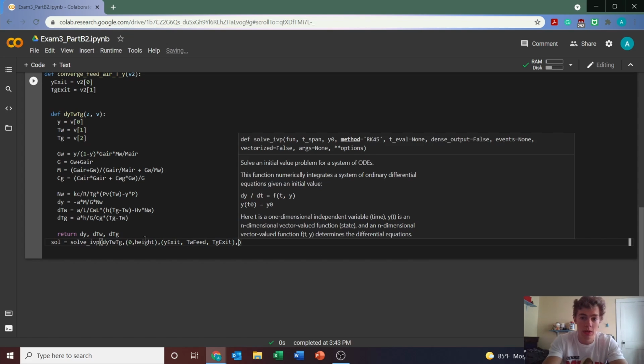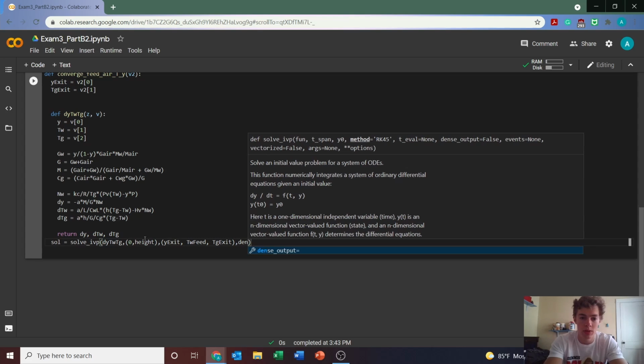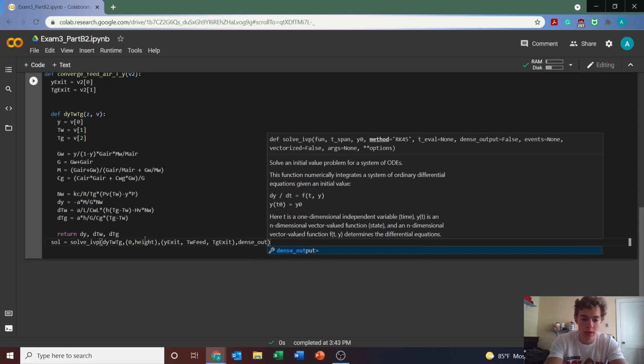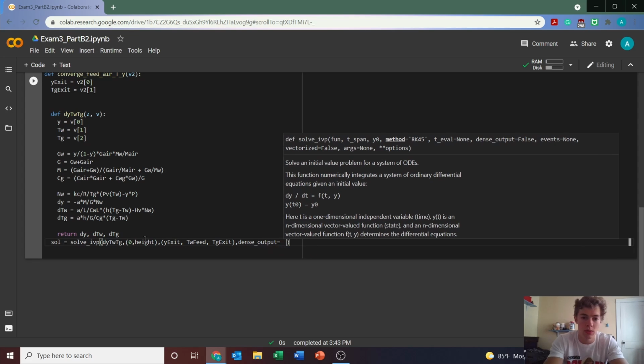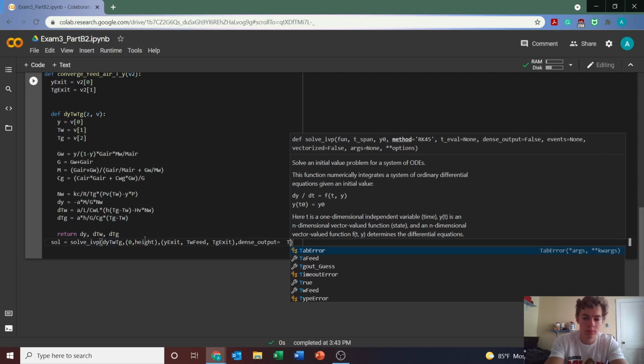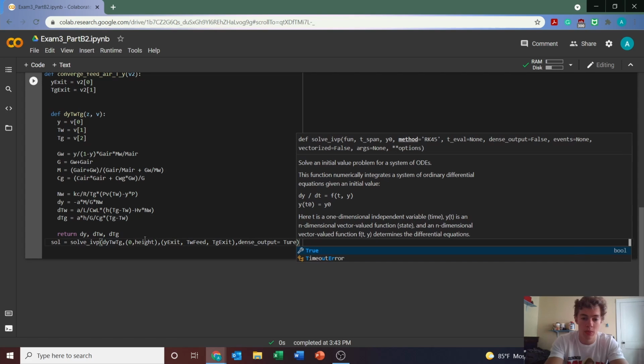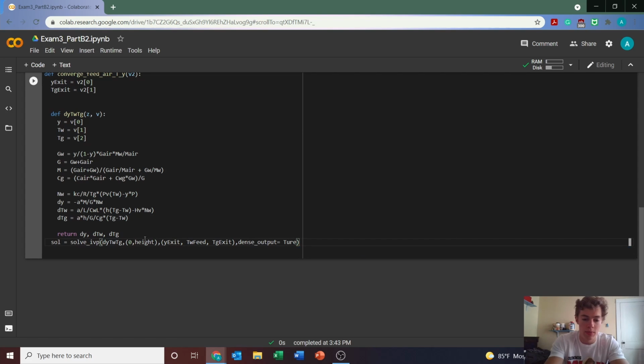And then we can set the dense output equal to true. And this will allow us to actually solve the equation. If we don't, we run into an error. And then we do dot sol, and then we want to store them in the z plots that we created earlier in order to display them. So we can do z plot,